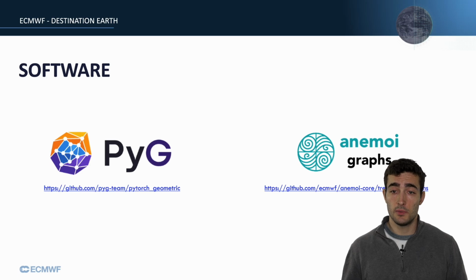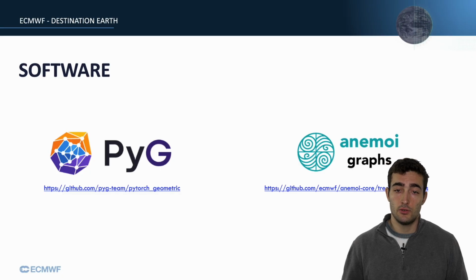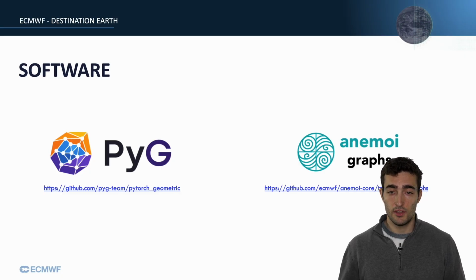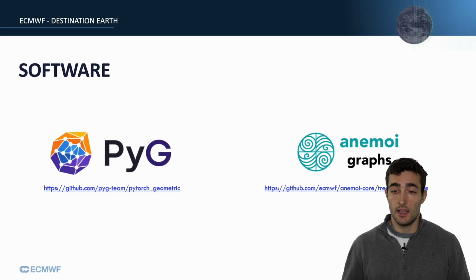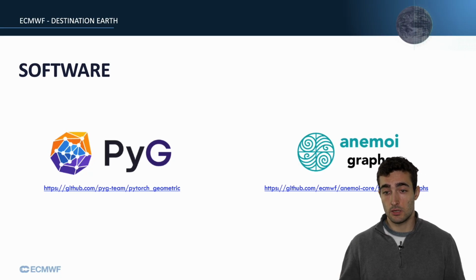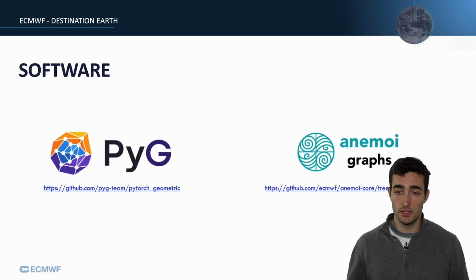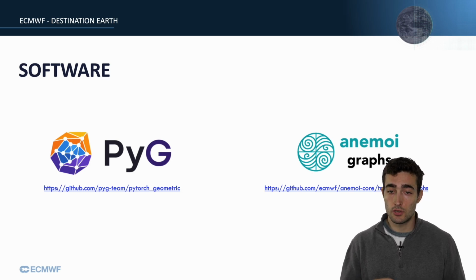And in this case, it's important to mention some of the most useful tools. One is PyTorch Geometric. This is used across all of the domains and is built on top of the Torch ecosystem. And then we have Anemoi Graphs, a tool built inside of the Anemoi ecosystem that is used to build, customize and inspect your graphs in Earth science problems. It can build graphs on the Earth with different methods used for building models like GraphCast, but also like AIFS or AICON or Breeze. So it provides a lot of functionality and also plays really well with PyTorch Geometric. These are some of the most interesting tools that we will learn through